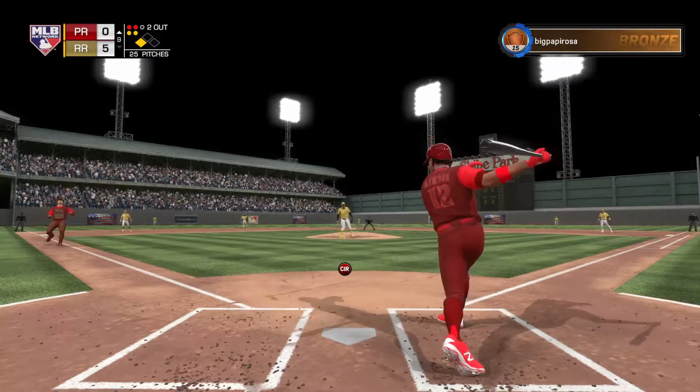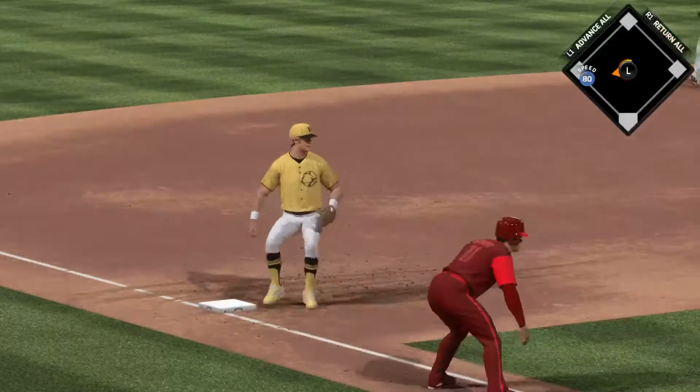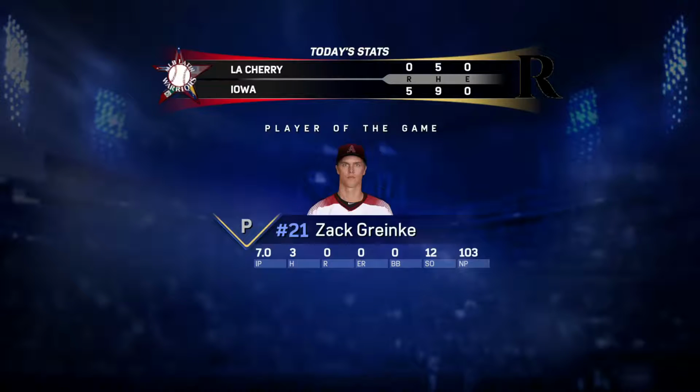Here it comes. And this is fouled at the plate. Throw over to third. And they will put the tag on him. They got him. And with that, the ball game is over. And fellas, the